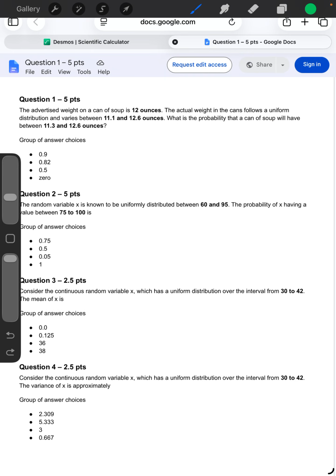Hi, I'm going to walk you through step by step for chapter 6. This is going to be really similar to your chapter 6 homework, but the numbers are going to be a little bit different. So, getting started,